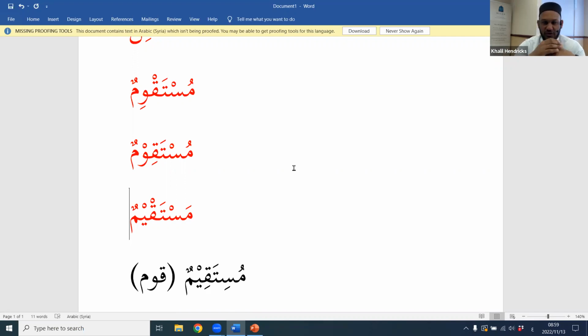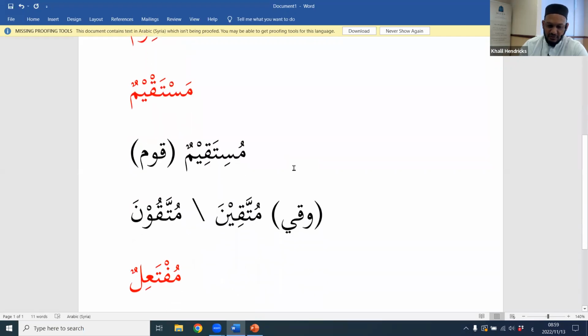So in a sense, you can think of the sirat as something active. It is actively trying to reform you. It's actively trying to make you more upright and elevated. So it's actually a very beautiful meaning in terms of the sirat. This one here is a very difficult one, but